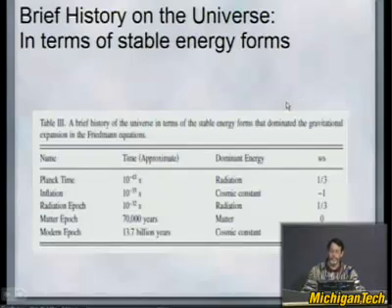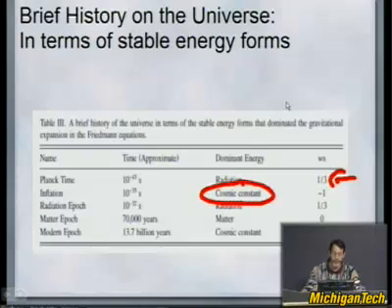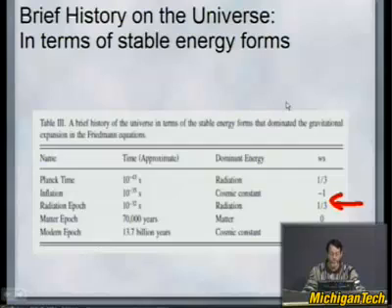So you can give a brief history of the universe this way. Early on, before the Planck time, so far as we know, radiation was dominating the universe. So if you want to explain the expansion of the universe as a perfect fluid, you need to use radiation. Past that, there was an inflationary epoch where some kind of dark energy cosmological constant was operating. After inflation ended, there was another radiation epoch, and w of 1/3 dominated for a while. After a while, the radiation diluted faster than the matter, so the matter took over and dominated the expansion of the universe, and we went into a matter-dominated epoch for a while.